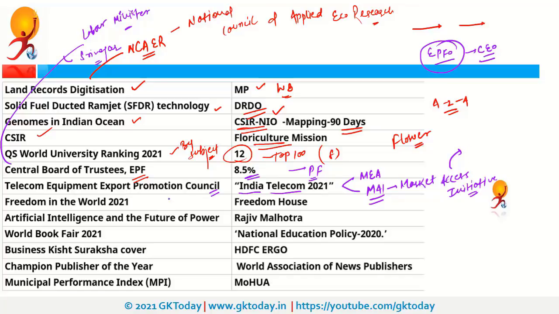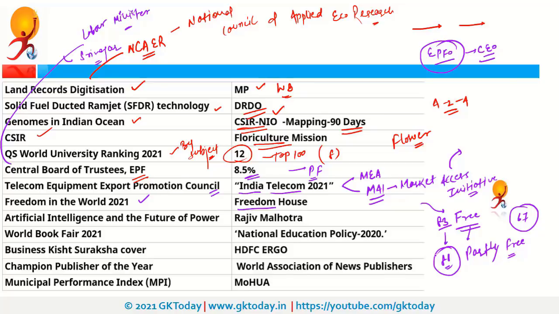Next is Freedom in the World 2021. So recently, a think tank of USA named Freedom House released this ranking. As per this ranking, India has been downgraded. That means last time India was in free category. That means a free democracy. Now this think tank has downgraded the ranking of India from free category to partly free. The score of India is 67 as per latest ranking. So last time India's ranking was 83. This time it is 88. As per this initiative, the most free country in the world are Finland, Norway and Sweden. And the least free are Tibet and Syria.